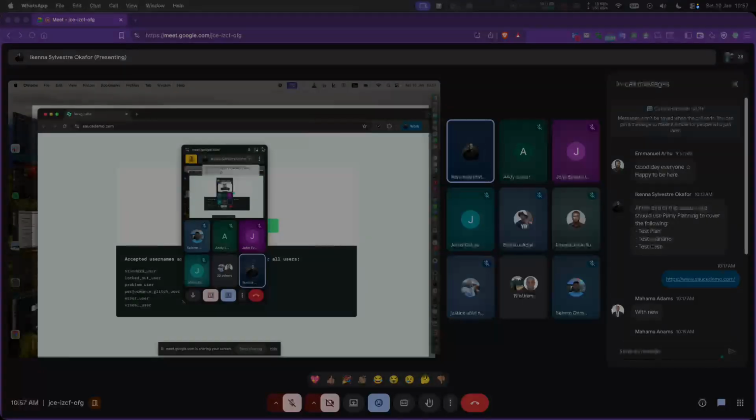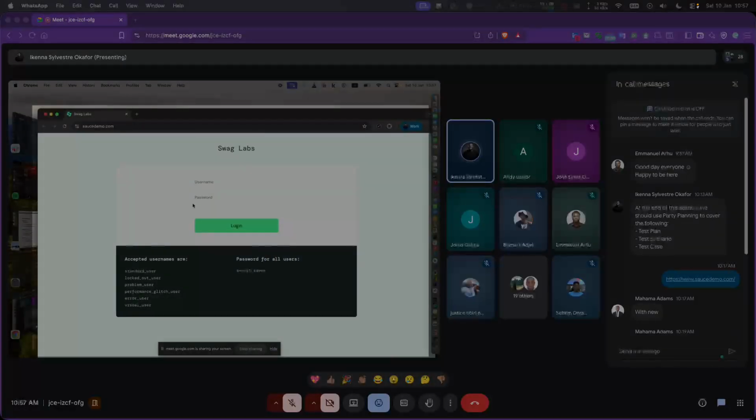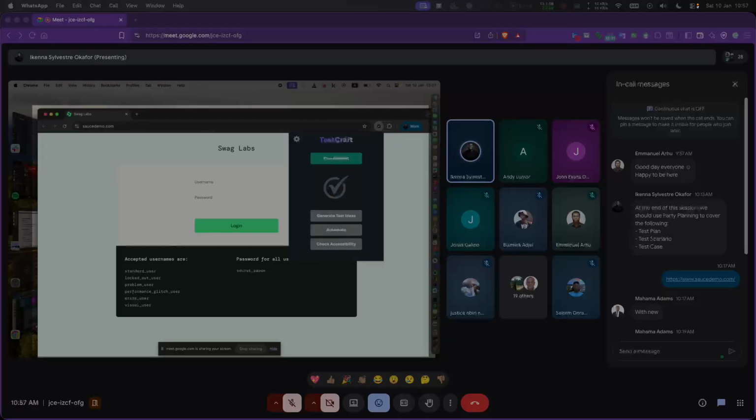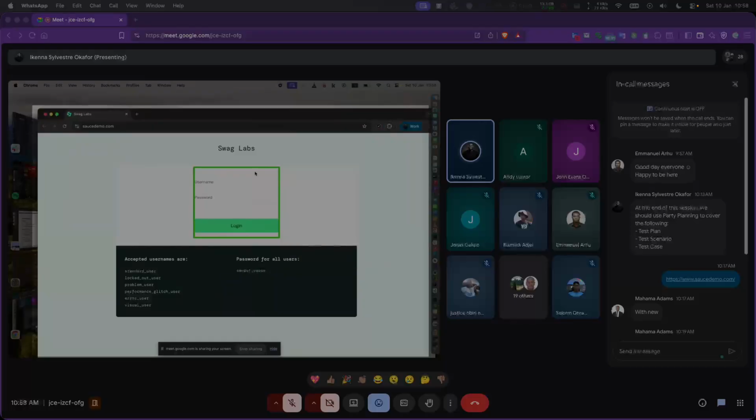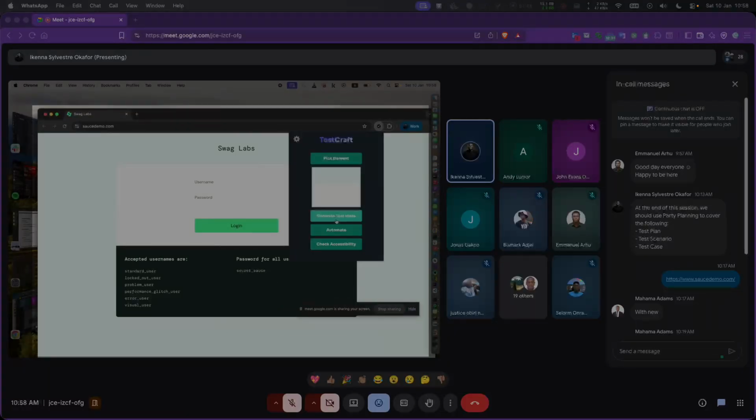If you look at this, there's this thing called testcraft. So what it does is, you click on it. Let's say I pick this element. When I pick this, it tells me that element picked. So when I go back here and I generate test ideas,